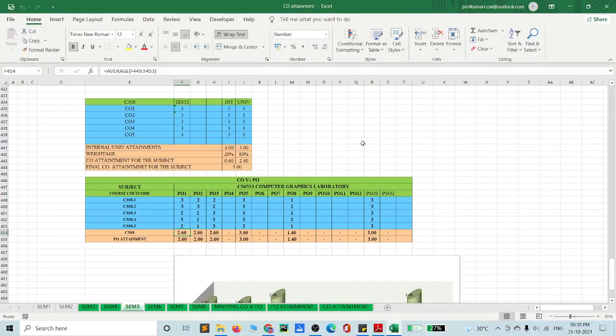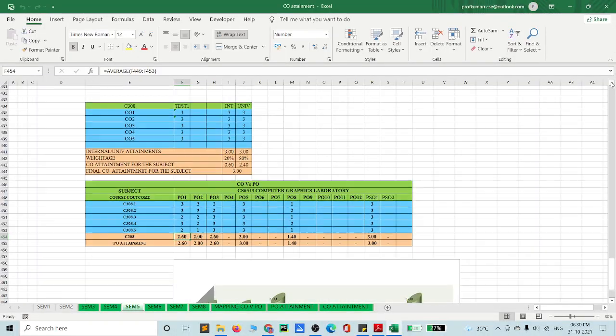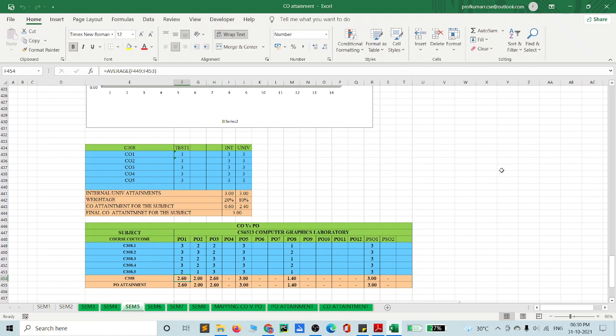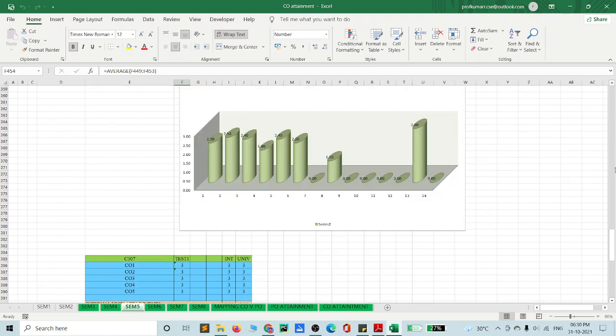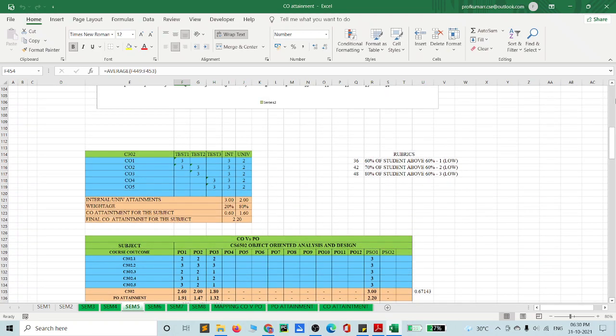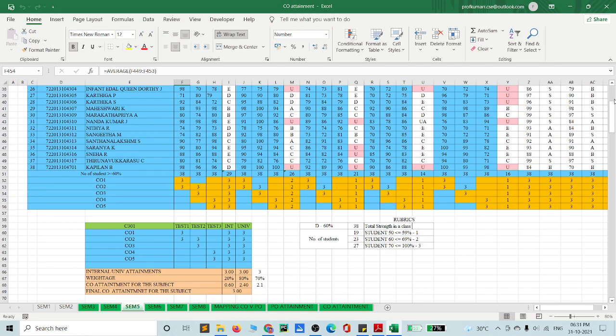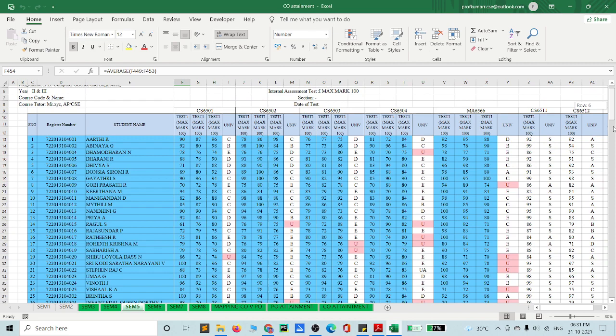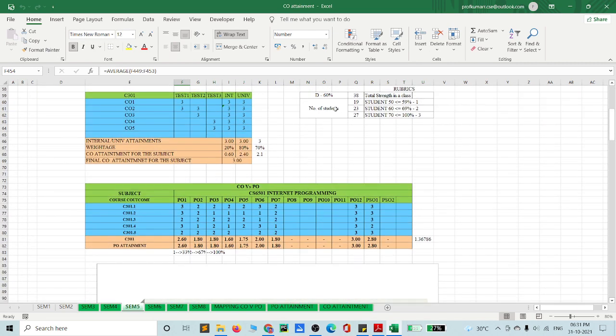So this is our sample, how we can enter the marks, and after you enter your marks, this is automatically collected by this kind of method. Okay, so I already discussed in the seminar how to calculate the rubrics.